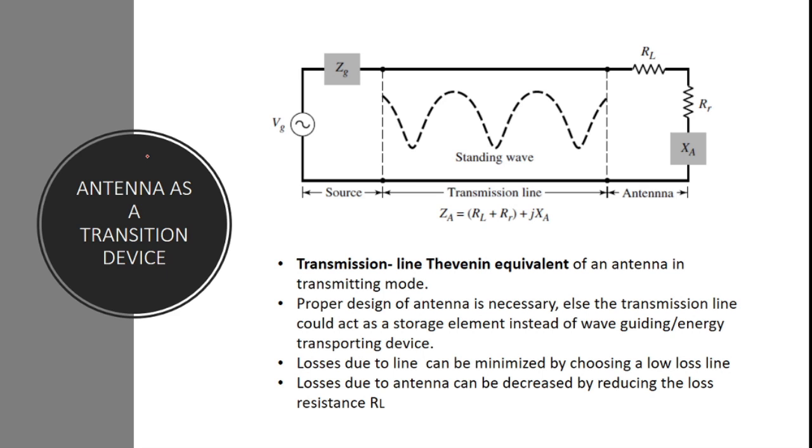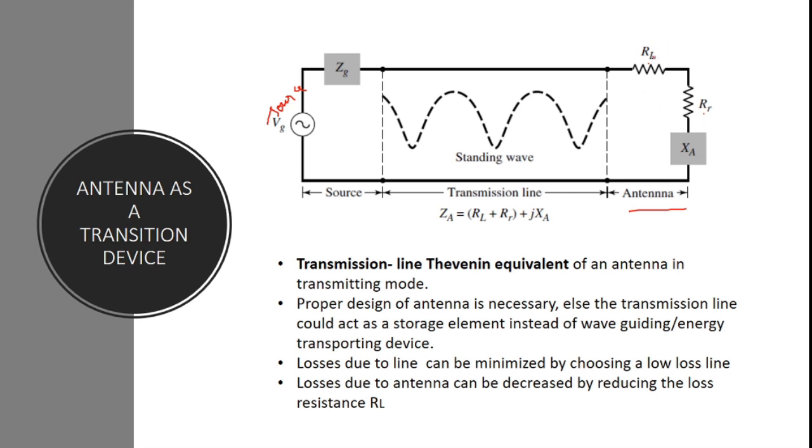To bring more clarity to this, we will try drawing a Thevenin equivalent of the transmission line of an antenna. This is actually on the transmitting side. We have a source here. This VG represents the source for us, and this is the source impedance, which we represent as ZG. At the other end of the transmission line, we have an antenna which is used for translating the guided waves into unguided waves. And we have two resistors here, RL and RR, and a reactance value XA.